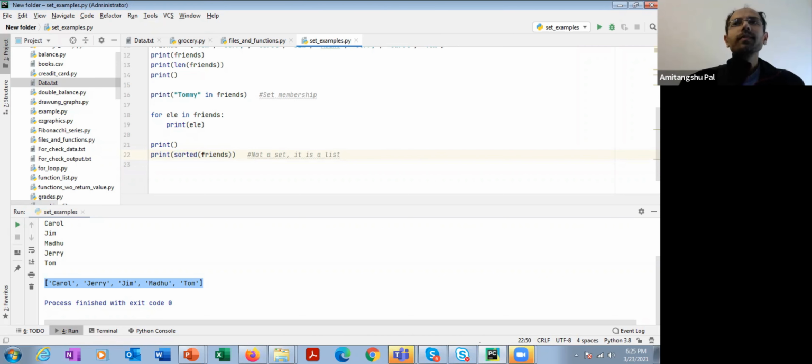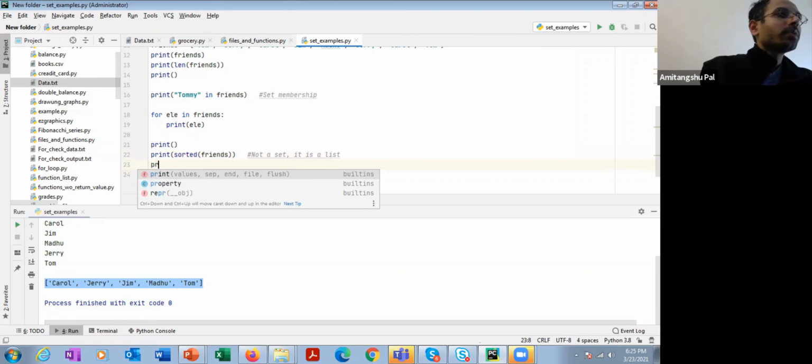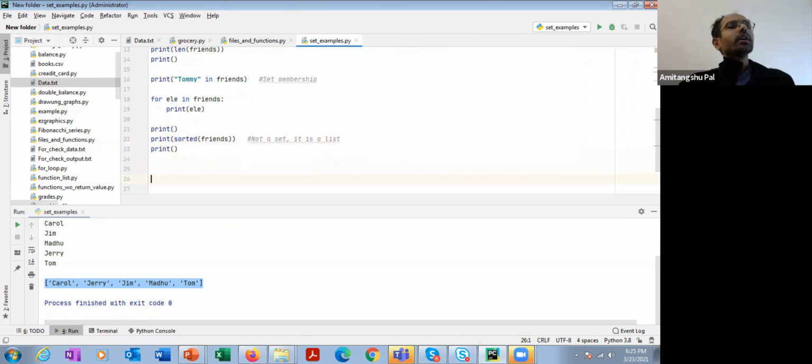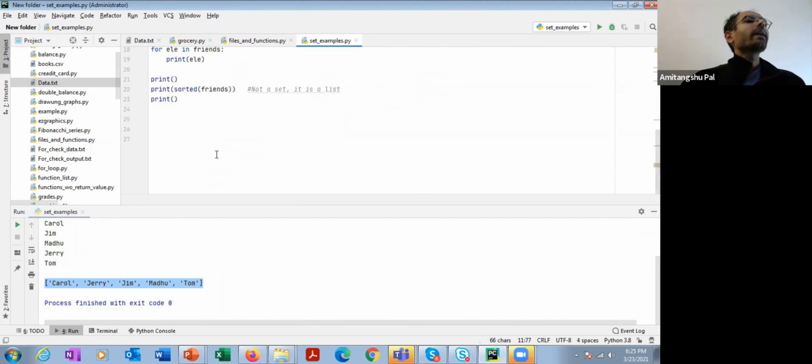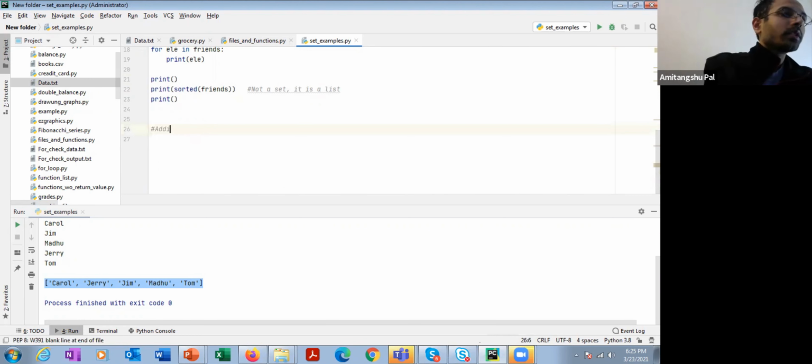Okay, now let's see what other functions you need to learn. So now let's see how we can add elements to a set. Okay, we have initialized a set. Now, after the initialization, suppose I want to add more friends to my set. Okay, how can I do so? So, adding elements.